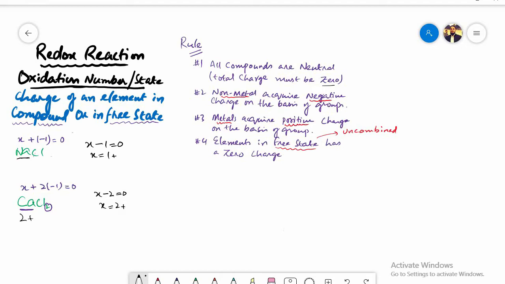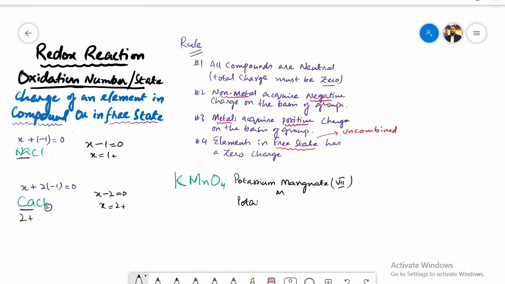Let's begin with some different and difficult examples. For example, a compound that is KMnO4. This compound is called potassium manganate. I should write the name so you can actually memorize it. This is going to be again and again a part of the lectures. So this is called potassium manganate 7,